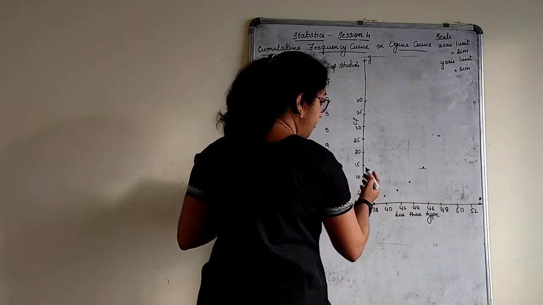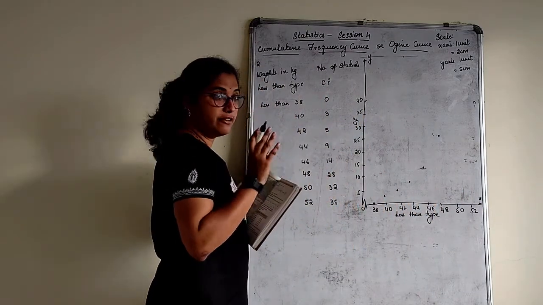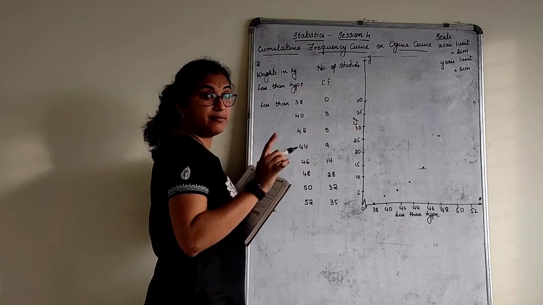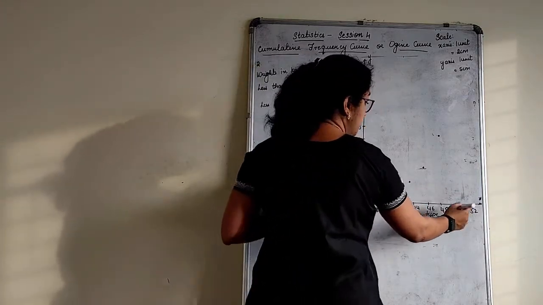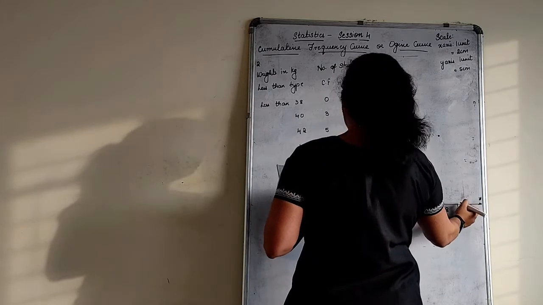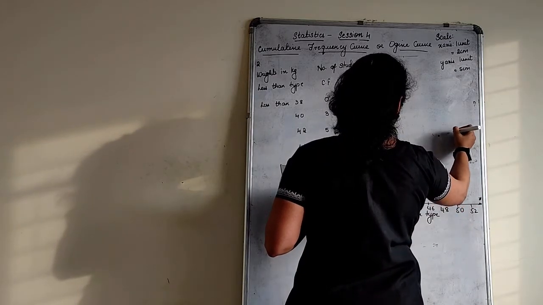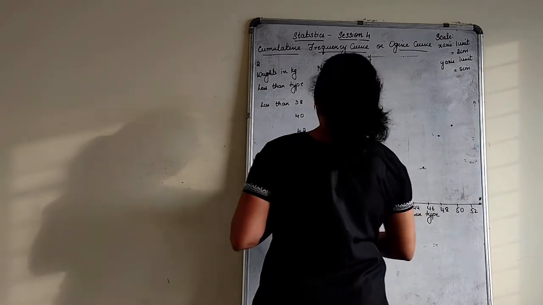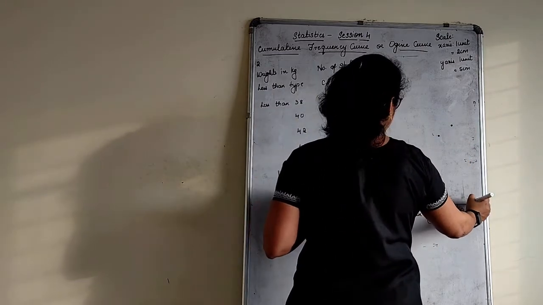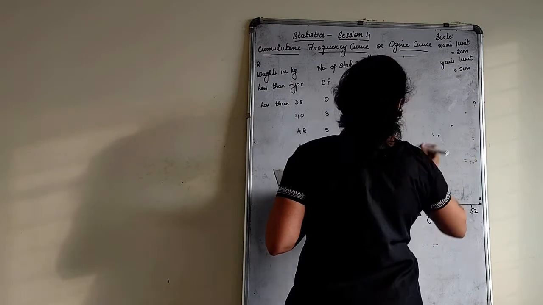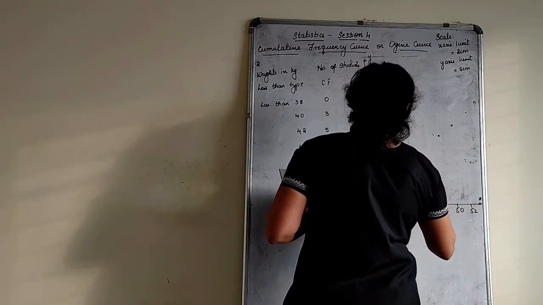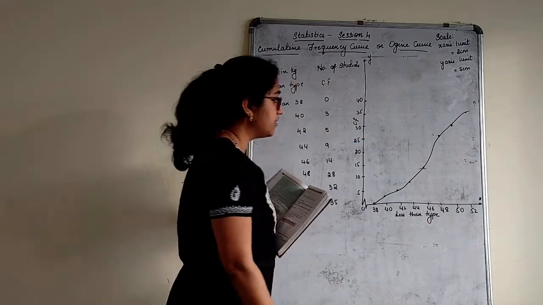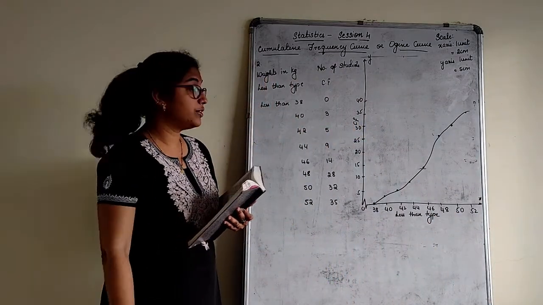And the graph for the less than type of cumulative, when we draw, according to cumulative the graph has to go up. It cannot come down again. Remember that. Okay. So 50, 48 we marked, right? 50, it is 32. Slide here it comes. And 52 is 35. Yeah, got my curve? Yes. So this is the Ogive curve.